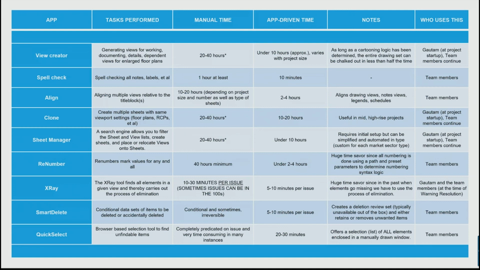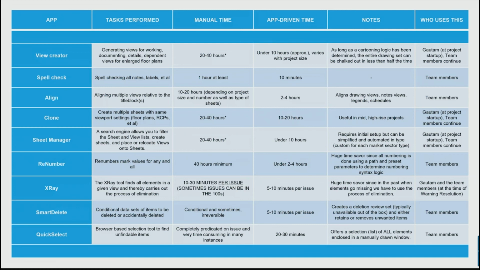So what I did was I came up with this matrix where I broke down each of the apps and explained what the tasks performed are by those apps, correct? Then the next column tells you that if someone was to do this task manually, how much time would it take? So for instance, if you're creating views, 20 to 40 hours. If you are doing a spell check, you have to go through it manually through Revit and do your checks and balances to that. And that too, it's limited to the parametric data that's in the file, right? So on and so forth. So if you are using Ideate Apps for each of those utilities within the apps, how much time would that take you? So there's a significant amount of time that is saved